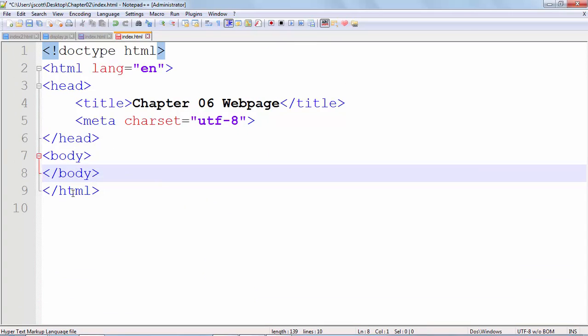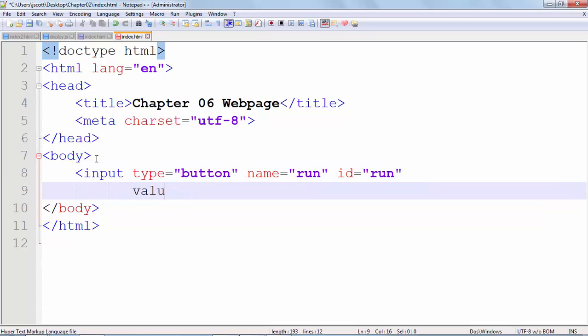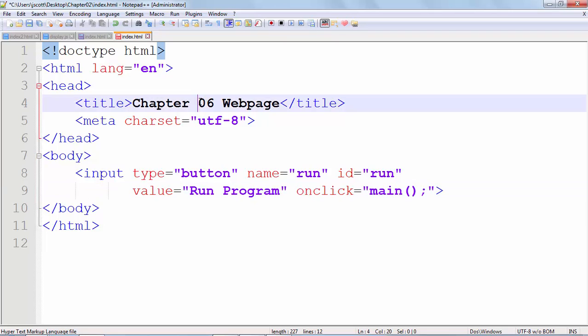So let's see how small I've made this. All I'm going to put in here is a button, as I've done before. Input type equal button, name equal run, ID equal run, value equal run program, we'll just say, onclick equal, we're going to say main. We're going to write our own function. It's going to be a driver. If you don't know what that means, you'll learn. It's called main. All right, so this is going to be Chapter 02